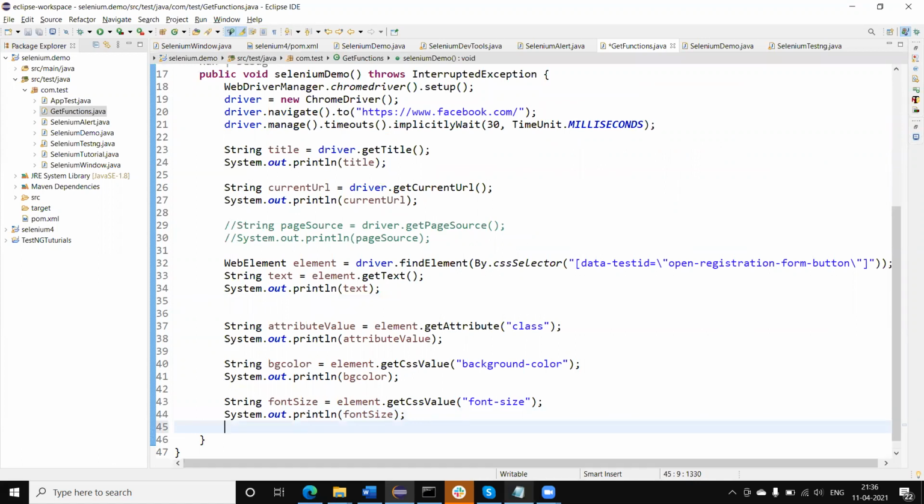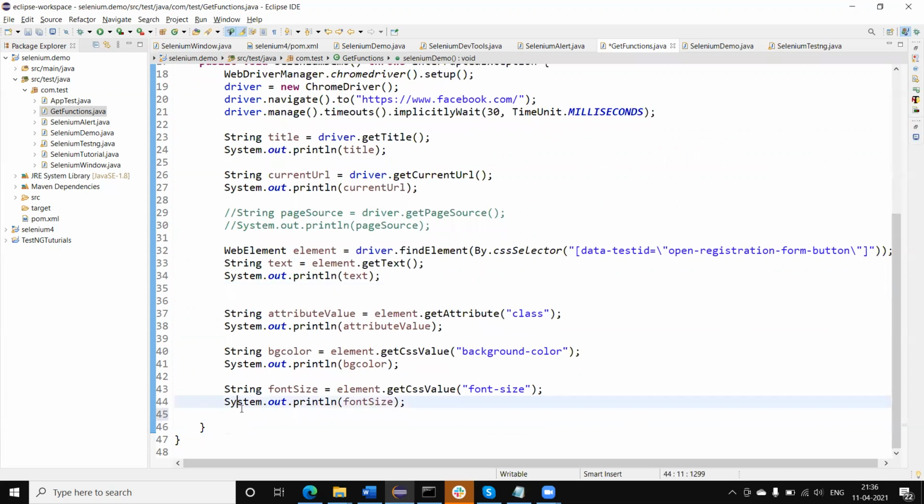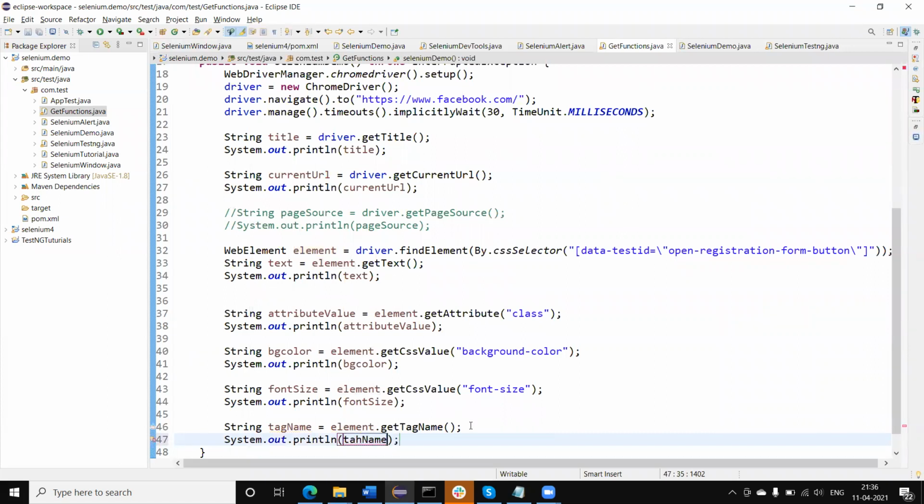Next method is related to tag name. If we want to get the tag name, we require to check the tag name of the element. We can use the get tag name method. Let me store it in tag name here, and I'm printing this tag name.